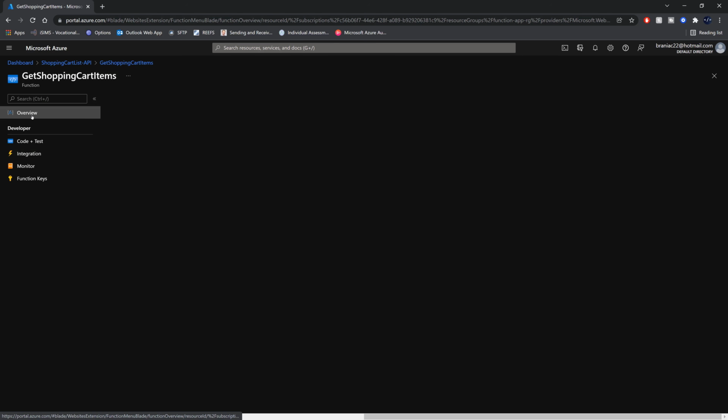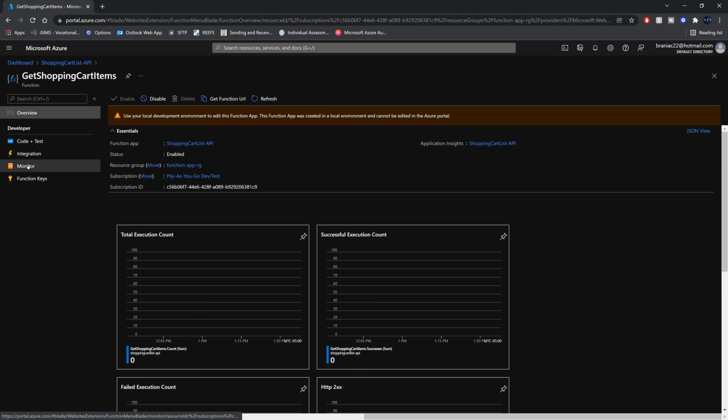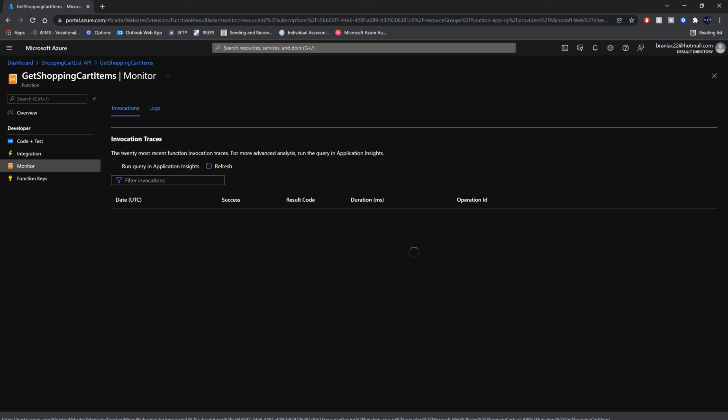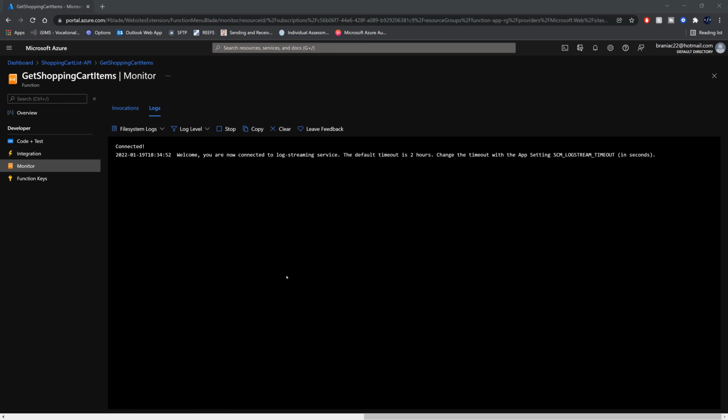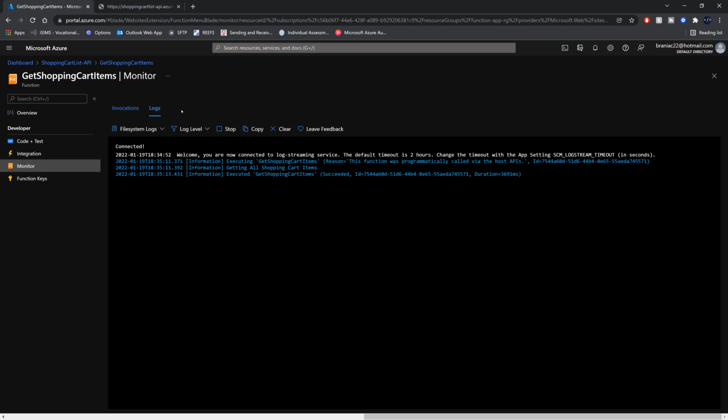But if we were to go back and get the function URL, then we would be able to get that URL, which we can just paste in the browser to test. So if you want to monitor, as we saw before, you can just go to monitor and go to logs. And when that is connected and up and running, you can proceed to test. So I'm just going to open a new browser tab, sorry, and paste. So here I'm getting that empty array bracket. But then if I look in the log, I would see that it called the function and there was nothing